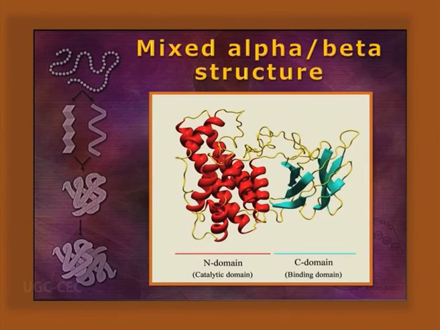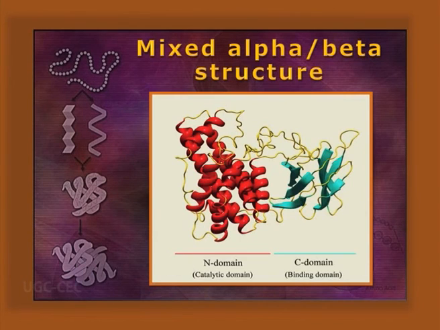Mixed alpha/beta structure. It is usually made by interconnected or alternating alpha and beta helices, like the Rossmann fold. Thioredoxin and different types of proteins are made by this mixed alpha/beta structure at the N- and C-terminal domains.